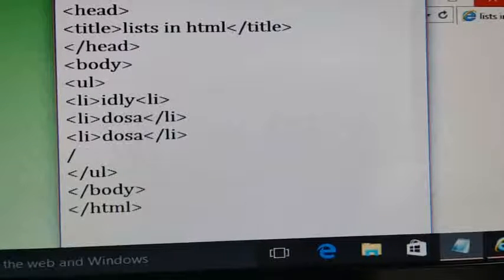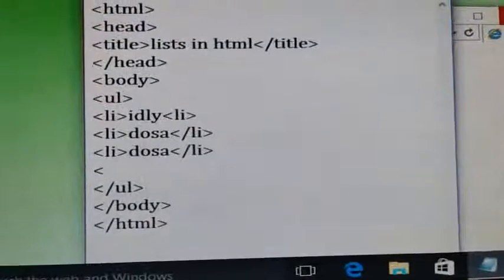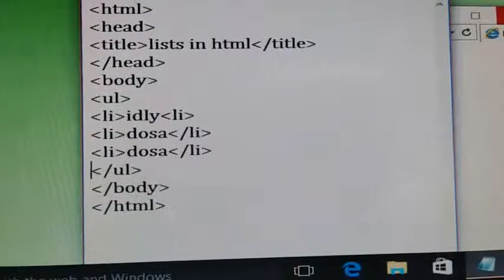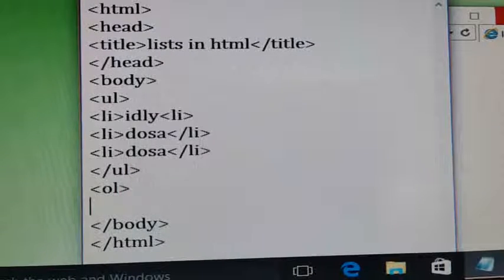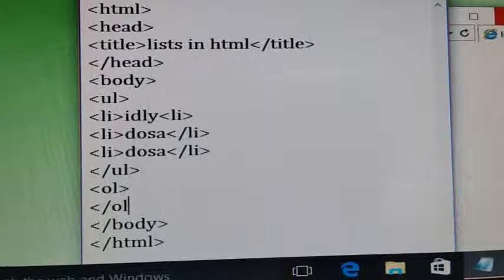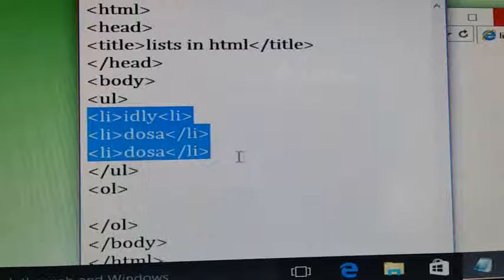Now, in the same program, I want to add the order list also. Okay. Now, after closing the unordered list, here I will give the order list, again close the order list. Next, between ordered opening and closing, again here whatever three list items are there now, that three list items I am adding here.